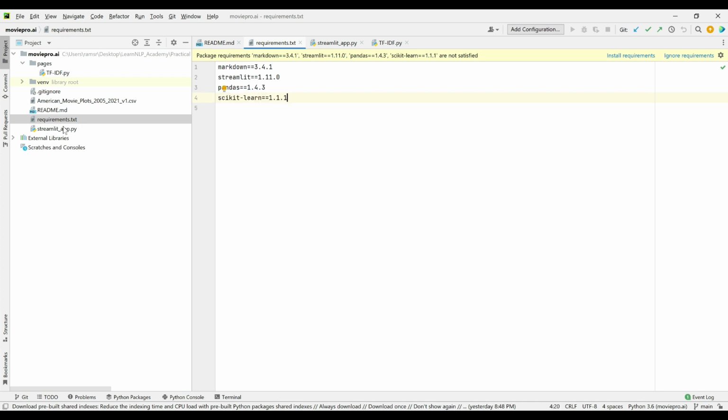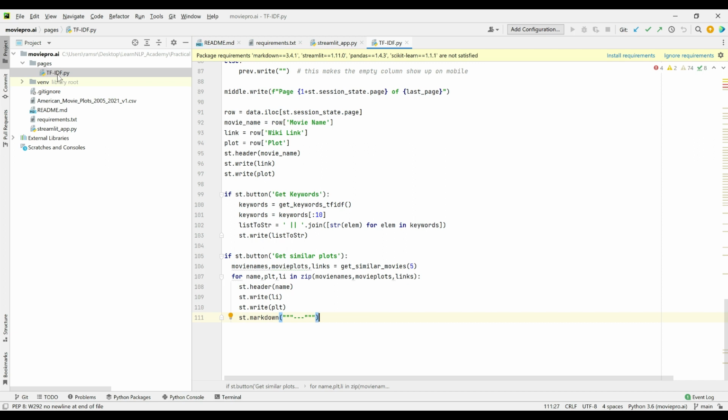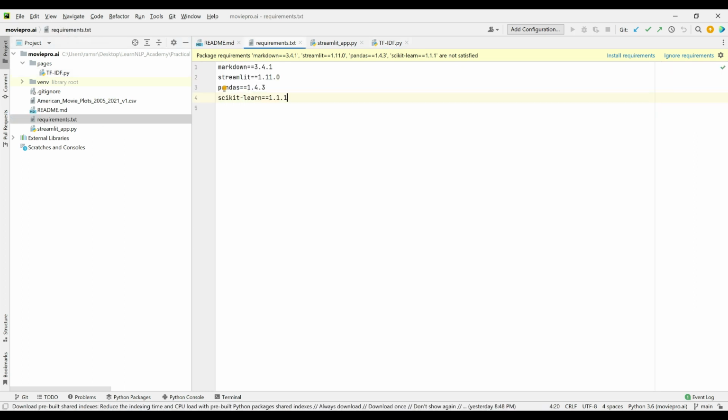So essentially, previously we had only this app, Streamlit App.py, that's the home page app. Now we added a pages folder, and within that we have added another Python file which showcases all the TF IDF features that we have developed. Similarly, under pages you can keep adding more Python files, and each one will appear as a menu on the sidebar. So that's about it. We have made changes by creating a new folder pages, and underneath that tfidf.py, and in requirements.txt we added scikit-learn,